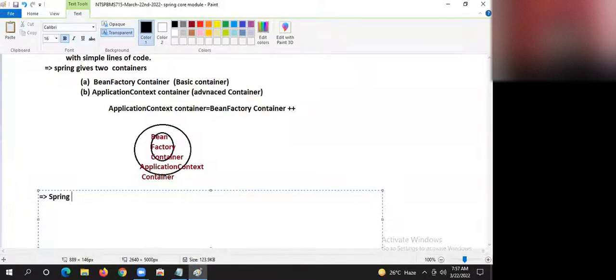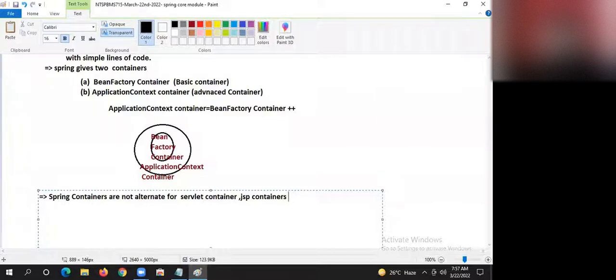Spring containers are not alternate for servlet container and JSP container.